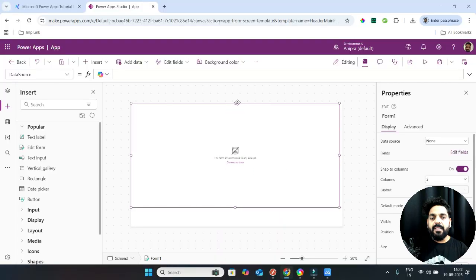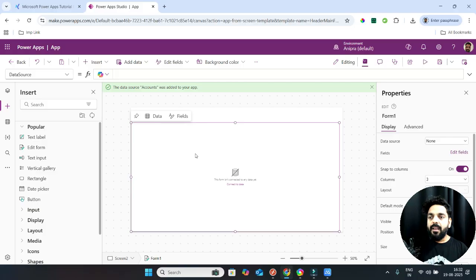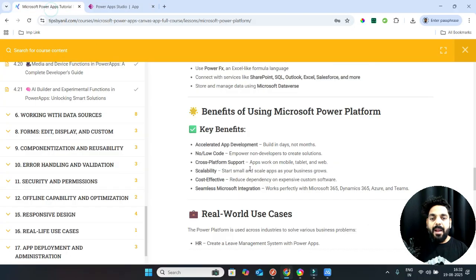You can maximize, minimize the form as per your requirement. Now if I want to connect this with account data, the account table that is in Dataverse, just forget for now what I'm